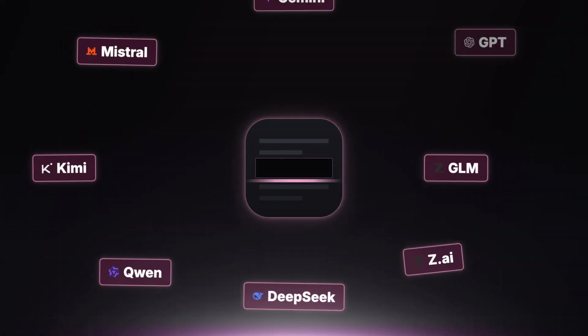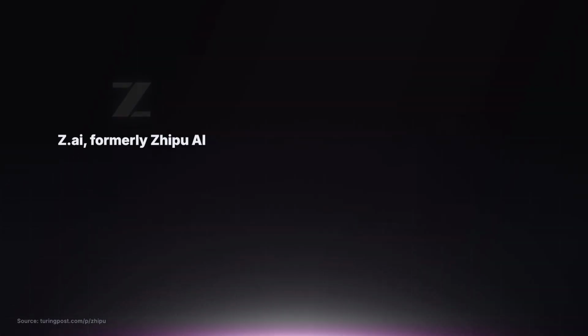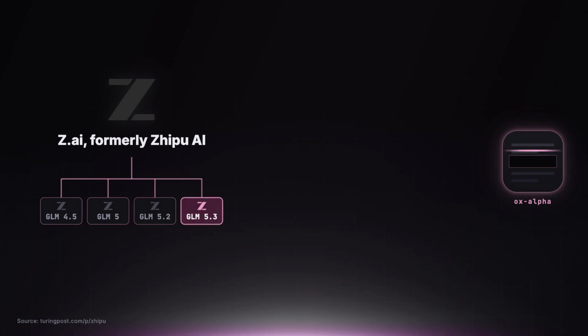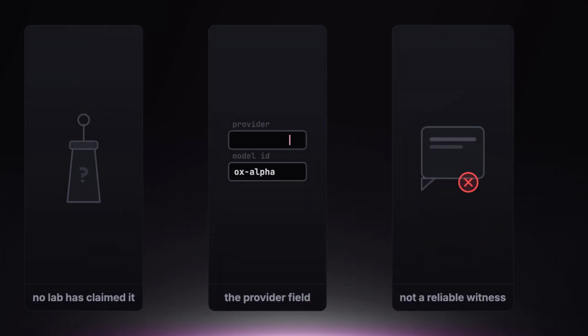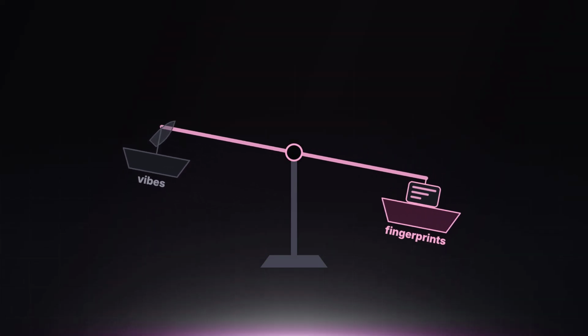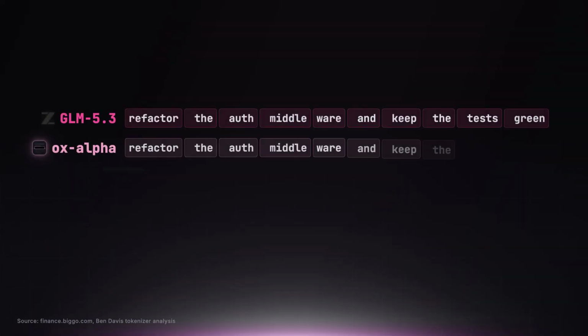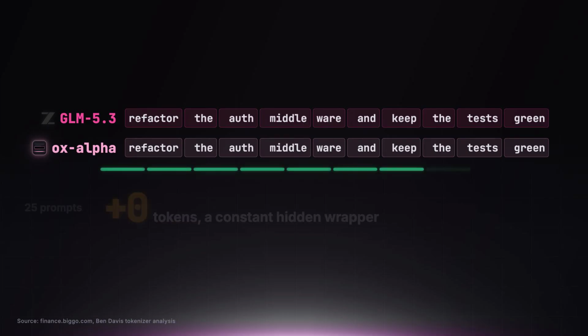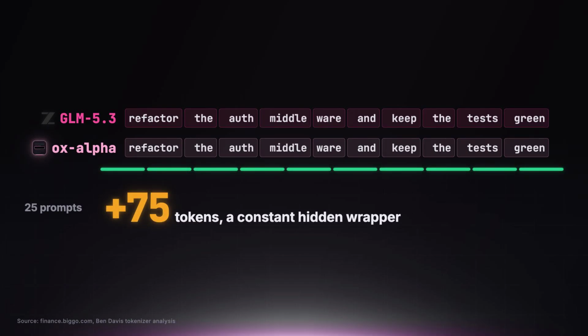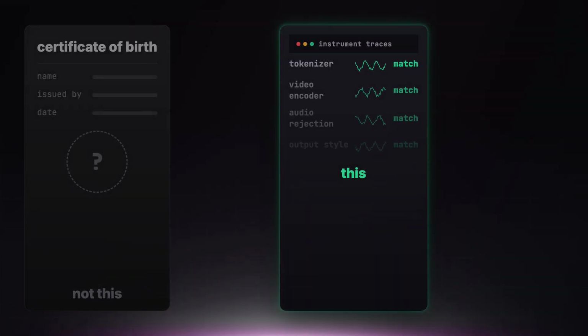Now, the internet does not stay logo free for long. The strongest theory is that Aux Alpha is connected to the GLM family from z.ai. That is not confirmed. No lab has officially claimed it. OpenRouter is not naming the provider. Aux Alpha itself is not a reliable witness, but the GLM theory is not coming from nowhere. People have been comparing tokenizer fingerprints, video behavior, wrapper tokens, response structure, and error shapes. That is not a birth certificate, but it is better evidence than asking the model to confess,